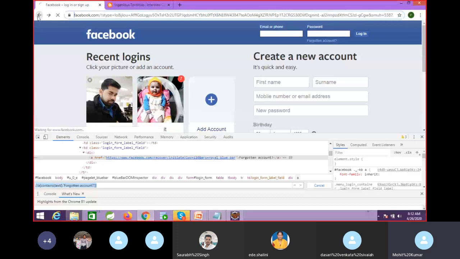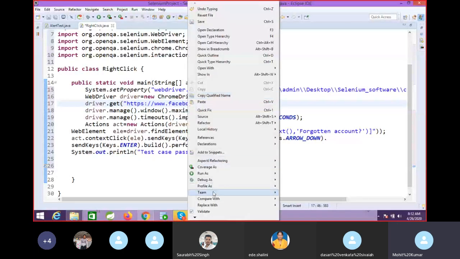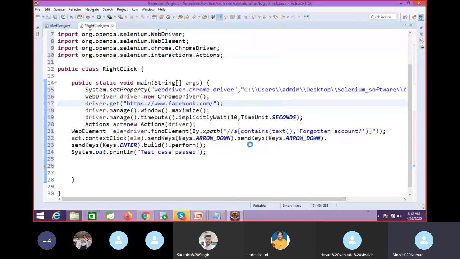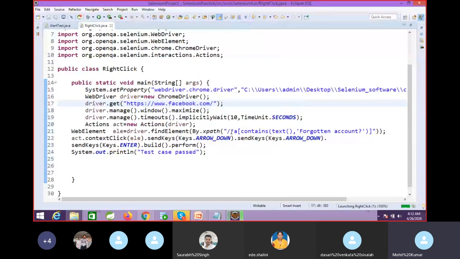Okay, so copy this Facebook URL, and now I will change this URL and we'll execute this. Let's see whether it will work or not. Then we'll see if any exception comes, then we'll try to handle that exception.